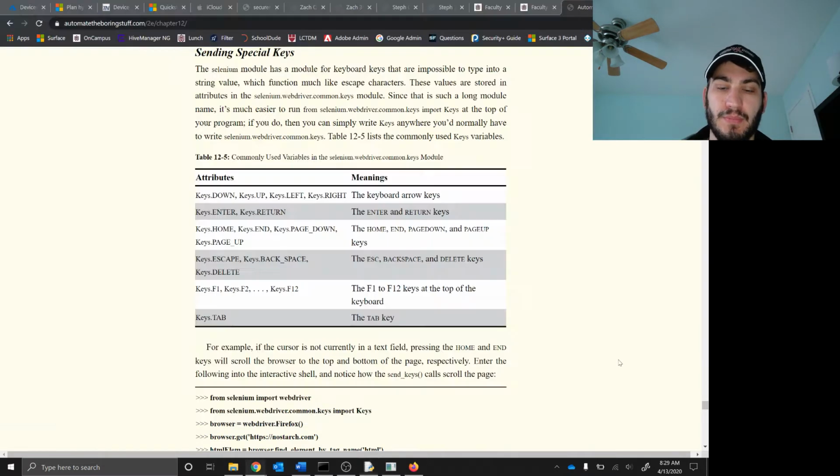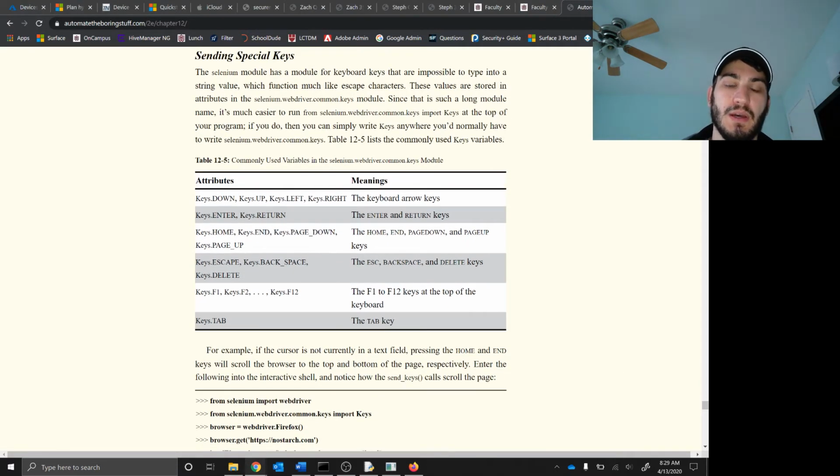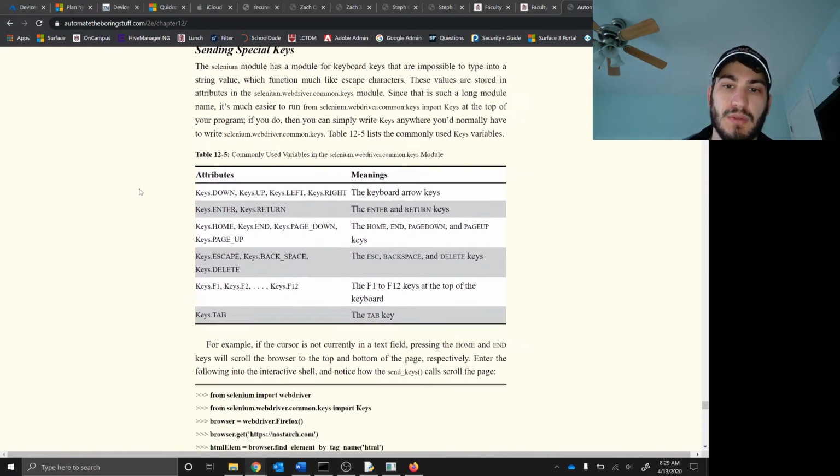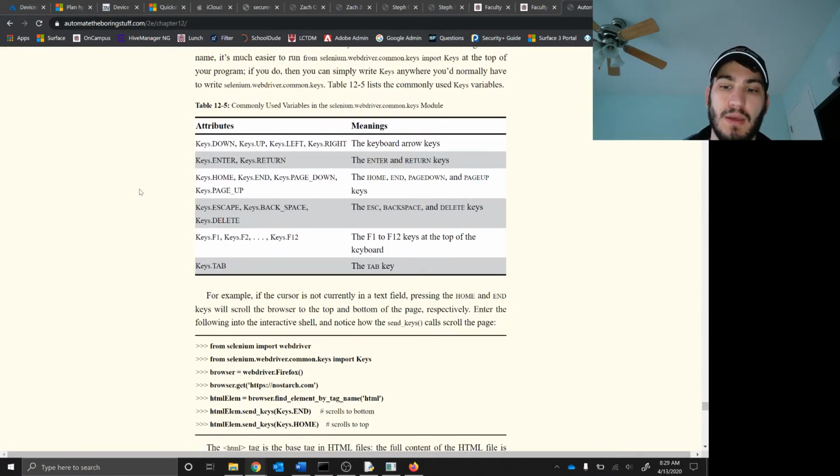YouTube if it loads. But meanwhile, what these do is if you just want to go scroll up or down on a page by using the left and right up down arrow keys, you can do that. Enter and return, those allow you to like hit enter. So I could have used that when typing in my password or my email. The function light on your Surface in the bottom left here